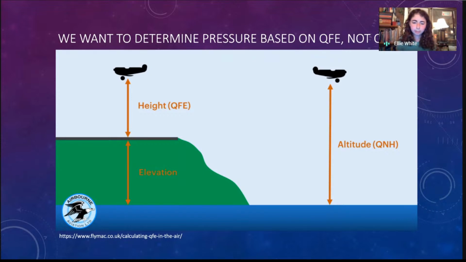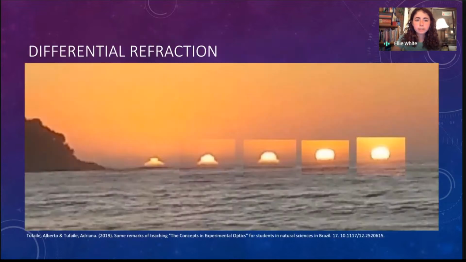Basically, the bottom line of all that is if you want to determine your pressure at your telescope site, you want to be measuring it from ground level where you are, not sea level. So you need your QFE reading, not your QNH reading. And one quick item of note, these Q codes, you can remember them by query field elevation, that's the kind that you want, or query nautical height, which is the kind that you don't want for telescope corrections. So that's just an important distinction there.